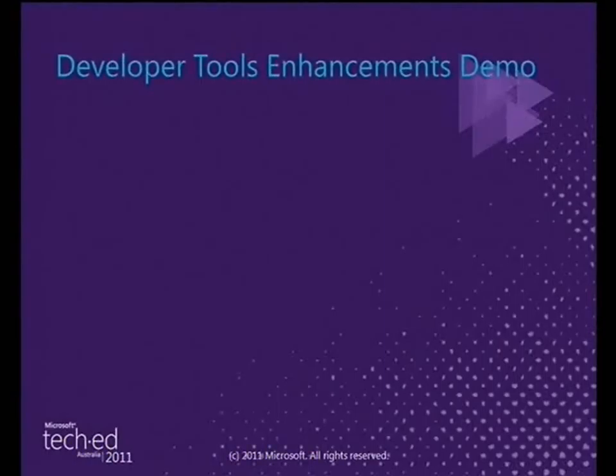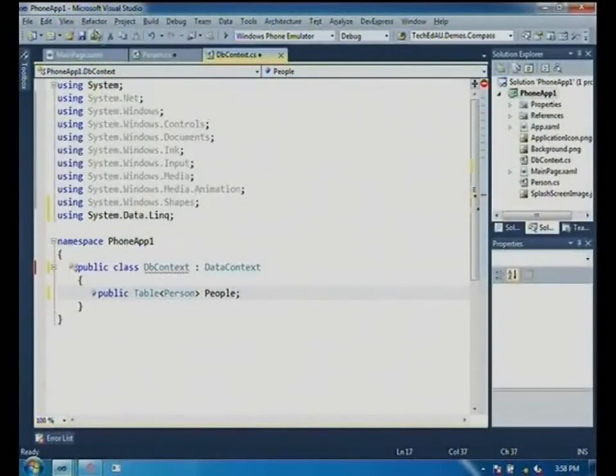So we realized there were some issues with RTM. When no one had phones, it was harder to test the scenarios if you had a location base, if you had an accelerometer, or you used to take screen captures, all that kind of stuff. So what we did with the developer tools in the Mango RC is nothing short of brilliant. It's just made it a whole lot better.